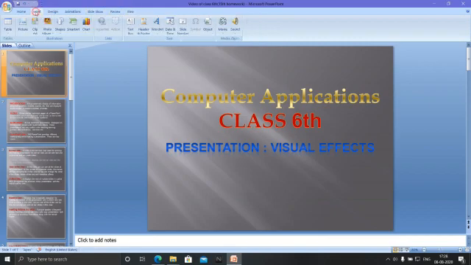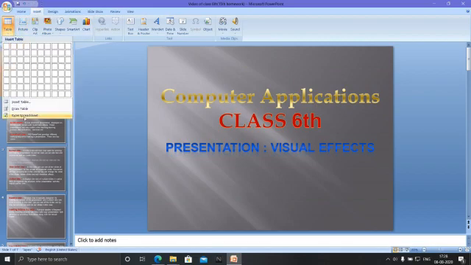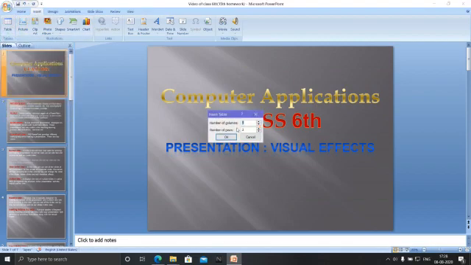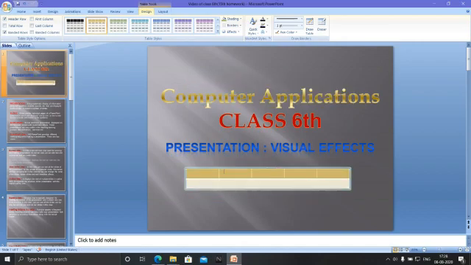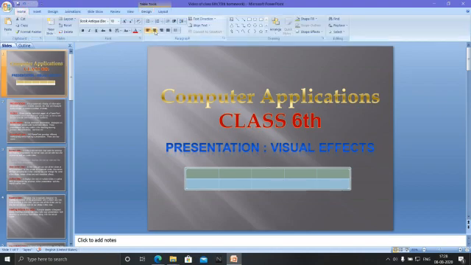Then Insert, you can insert a table also here, any table you want. Now 5 columns and 2 rows. This is the table. There are 1 2 3 4 5 columns and 1 2 rows here. You can write your text also here. Now this is the center view, and now in this you will write the subject.